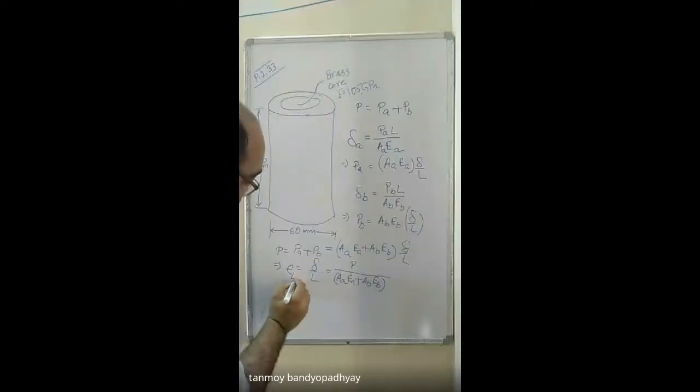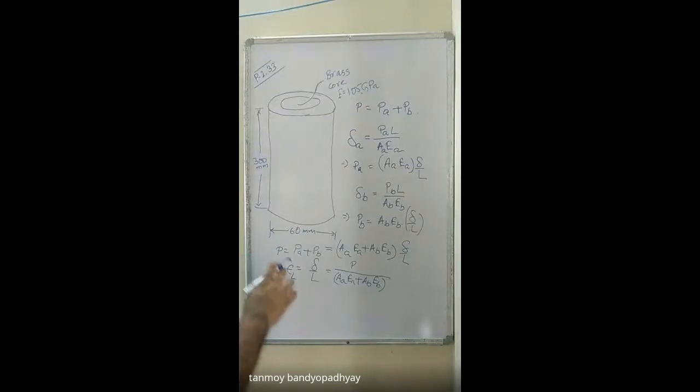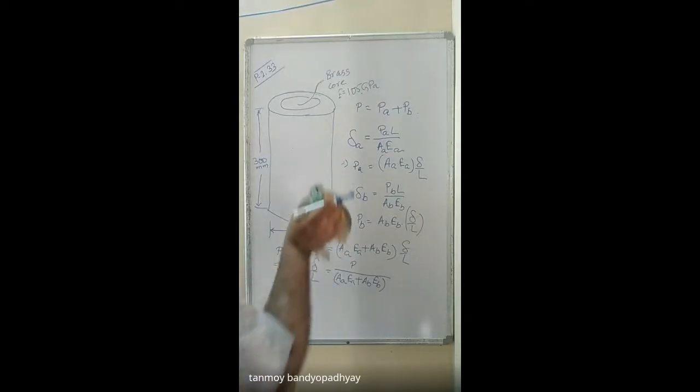So I am calling it as epsilon L. So this is the strain along the L direction. So there will be other strains also. So we are interested about only epsilon L. আমরা Poisson ratio যাবো next chapter-এই, ঠিক আছে? So এটা হয়ে গেল. So now we need to calculate the stresses.